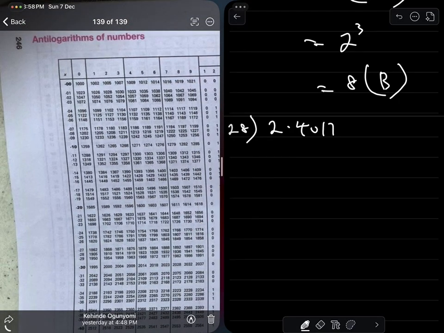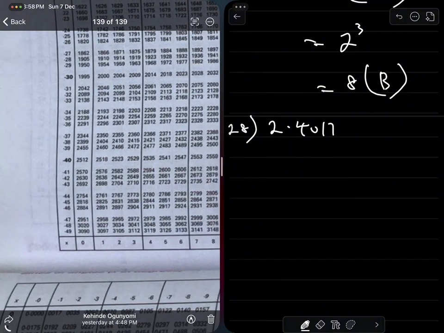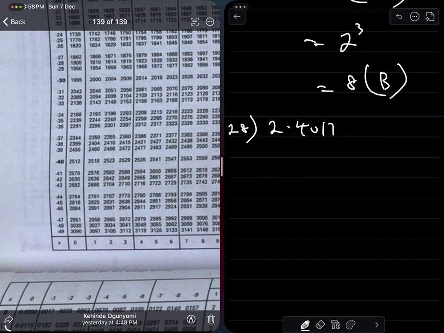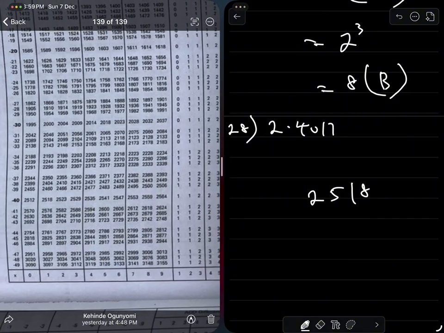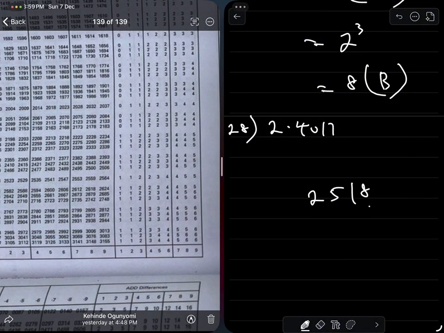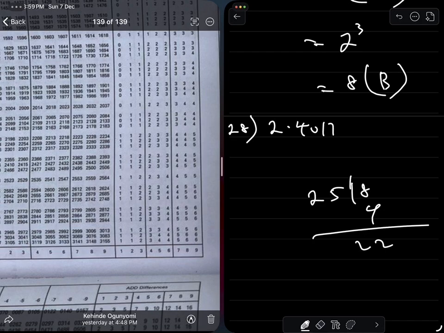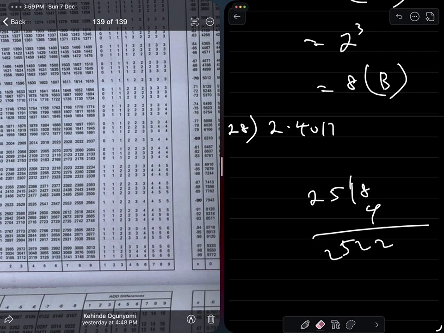Antilog 40 under 1 difference 7. It's a sign of good living. 40 under 0 difference. 40 under 1 difference 7. That's 25. 40 under 1 is 2518. Difference 7. 2518 difference 7. Difference 7 is 4. That's 12. 2 carry 1. 2, 5, 2. So the antilog of 2.40